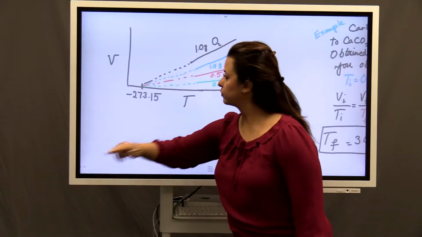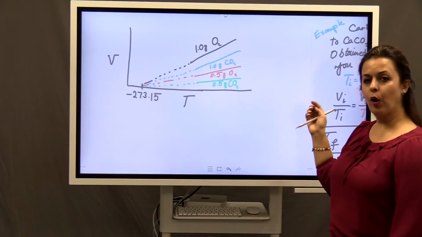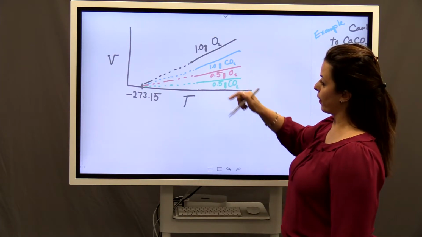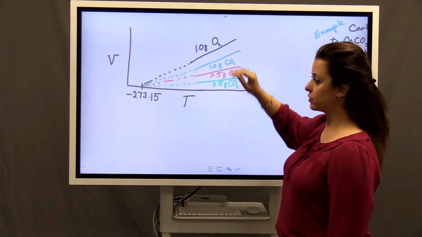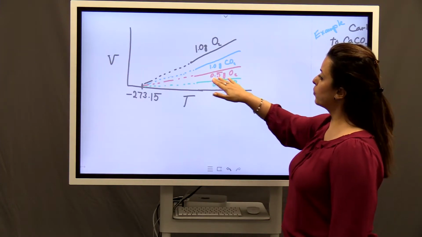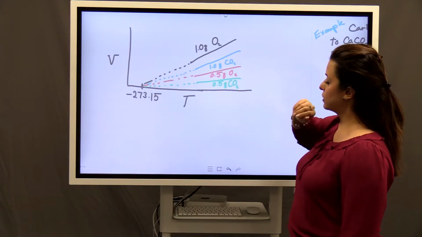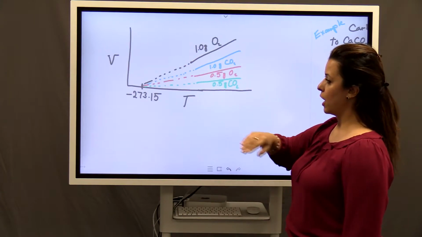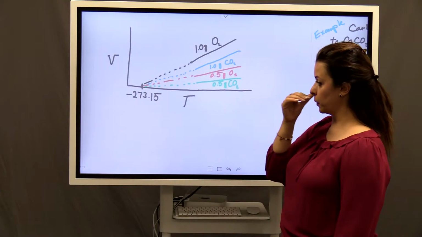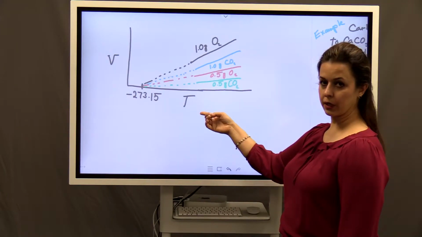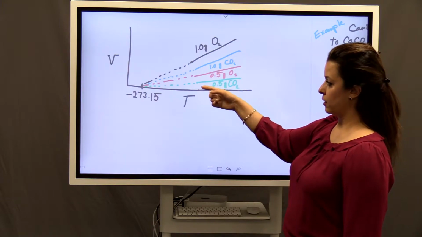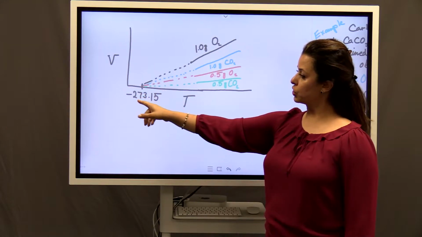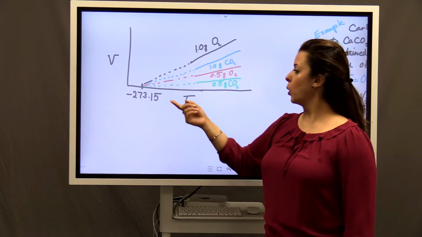So, here's the graph. For Boyle's law, you saw a parabola. For, let's say, these four experiments, working with 1 gram of oxygen, 1 gram of carbon dioxide, 0.5 grams of oxygen, and half a gram of carbon dioxide. These are the graphs up to these points, and the rest is extrapolated to the x-axis, to the temperature line. It shows that if you keep cooling the gas, they will all reach one point, which is minus